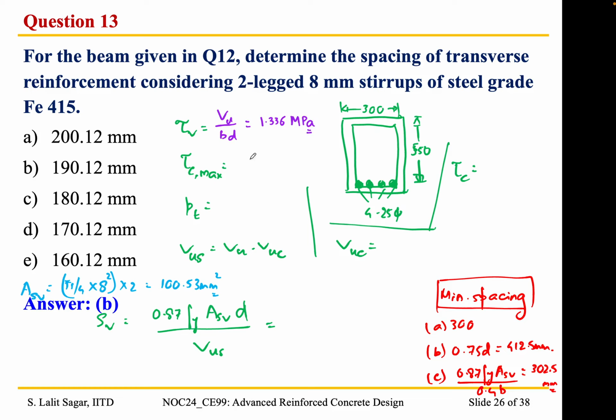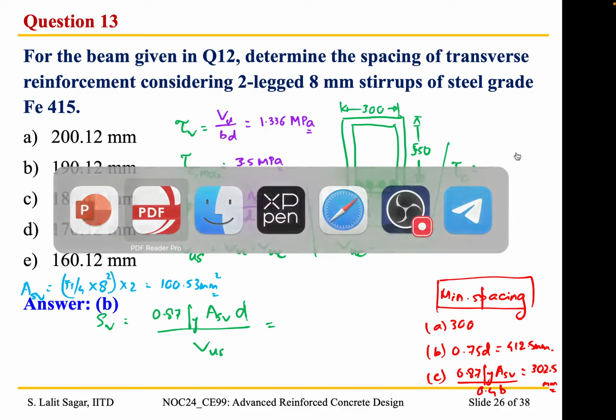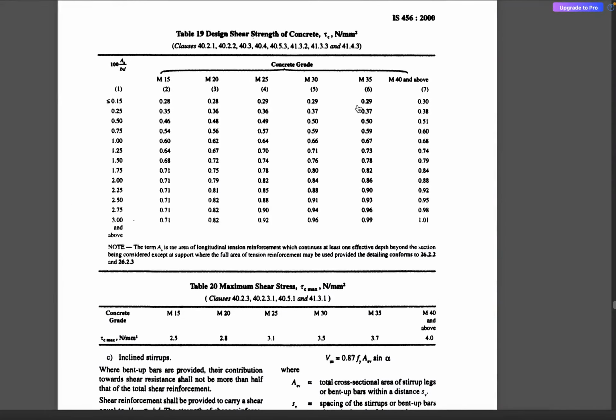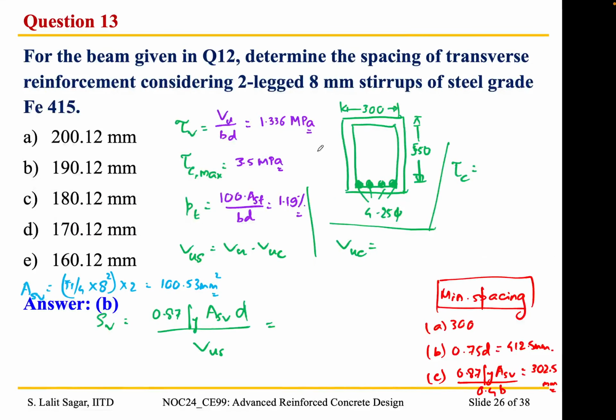Tau c max, for M30 it is 3.5 MPa, right? And pt is given by 100 into Ast by bd, that comes out to be 1.19%. And instead of using the formula, I use the table directly. So for M30 concrete and for 1.19%, based on the interpolation between 0.66 and 0.70, we obtained a value of 0.698 and approximated it to tau c as 0.70 MPa,